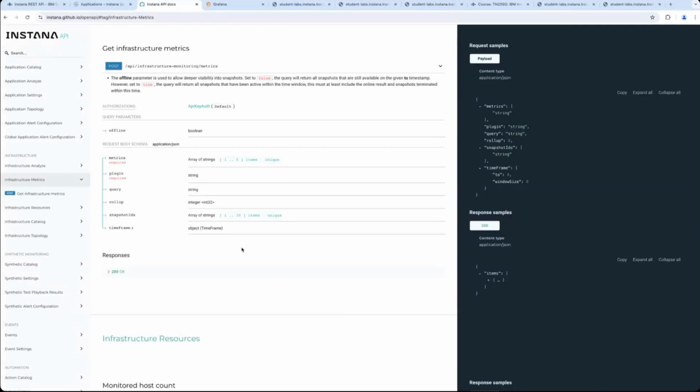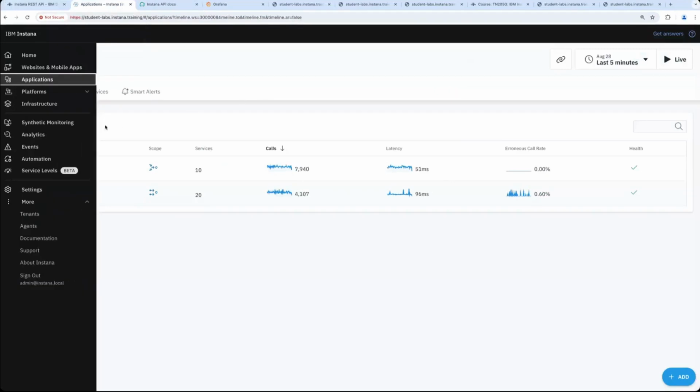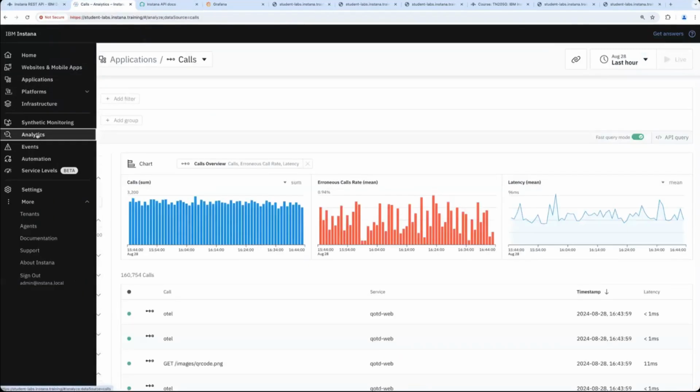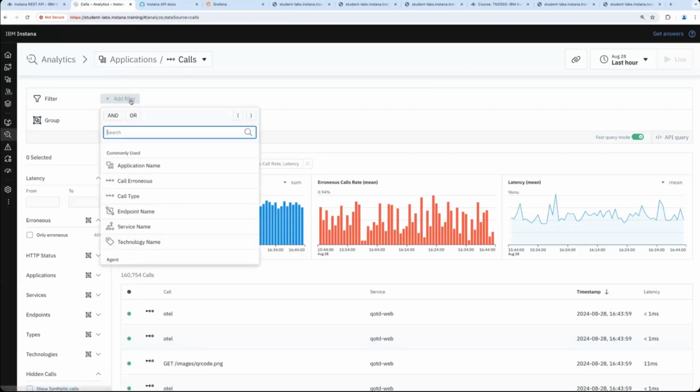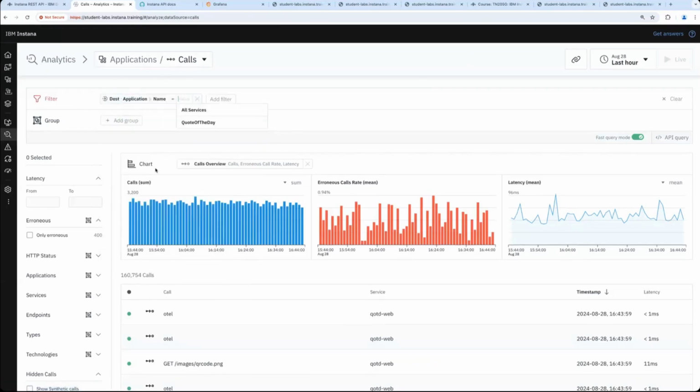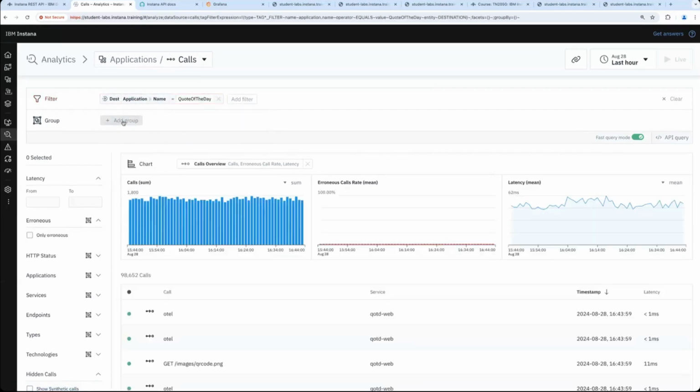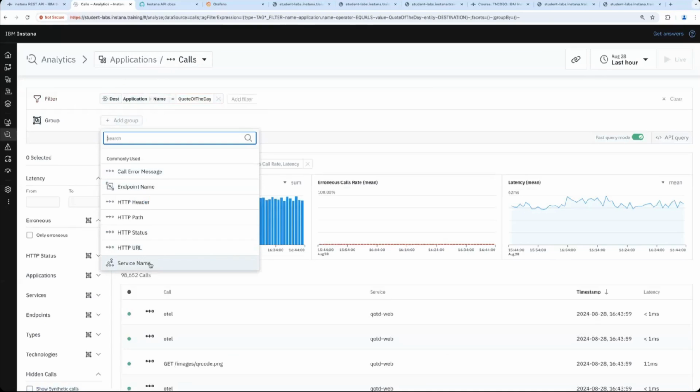before I do this, let me show you one more thing. If you would like to filter things in the API, you can provide quite complex JSON that will filter things down using the dynamic focus query. However, Instana has something very useful here. If we go to the analytics and filter down, for example, that I want to see the API calls from the application quote of the day, grouped by service name,